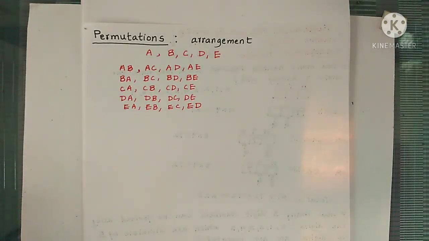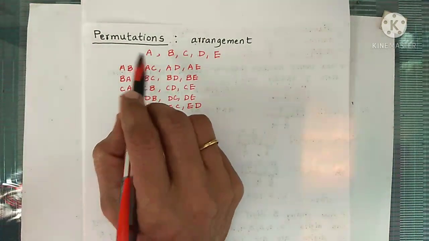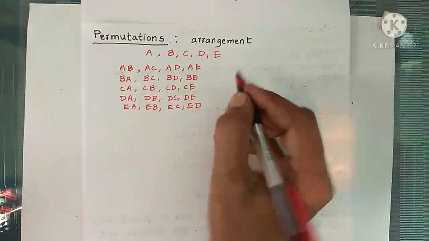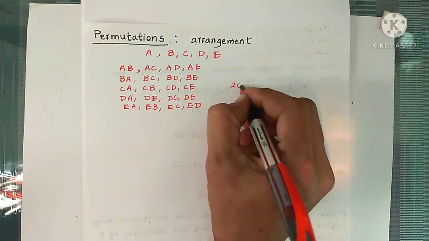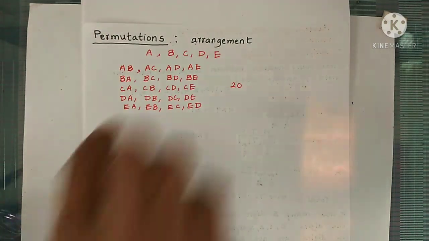So see how many arrangements are there. We are taking two objects from five objects and arranging those two objects in a straight line. So in all we have four columns and five rows. So the total number of ways is 20. So in 20 ways we can give away the prizes, first prize and second prize, to two students from five students. So this is the permutation of two objects out of five objects.